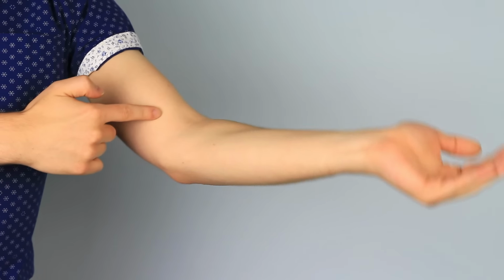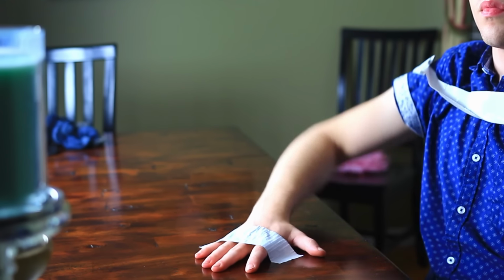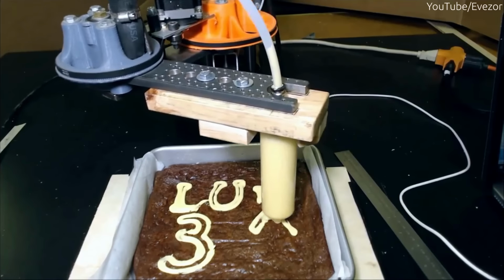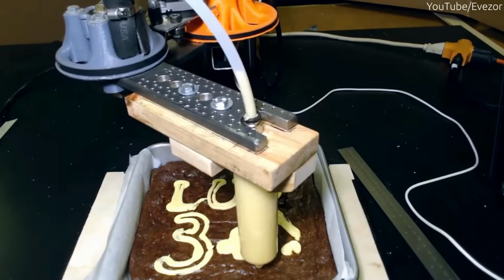It has 7 degrees of freedom, and while I won't bore you with how interesting that really is, the long and short of it is that if I were to tape my hand to the table in front of me and then strap my body torso down to a chair that is then glued to the ground, the fact that I can still do this chicken thing with my arm proves that the human body has more degrees of freedom than really necessary. Even with robot arms popping up in different countries and in different restaurants, things like their abilities